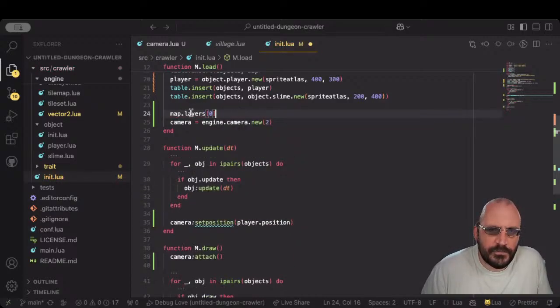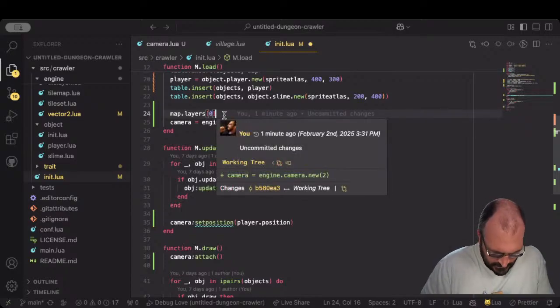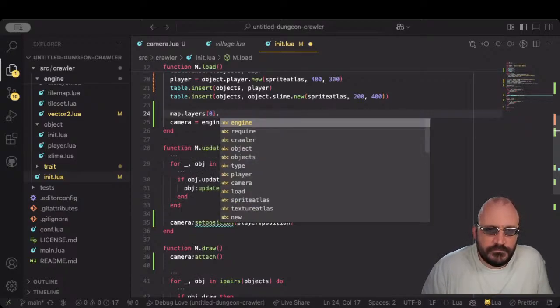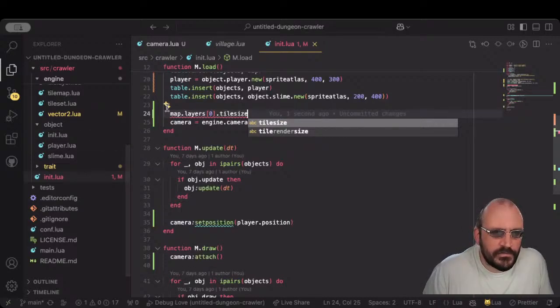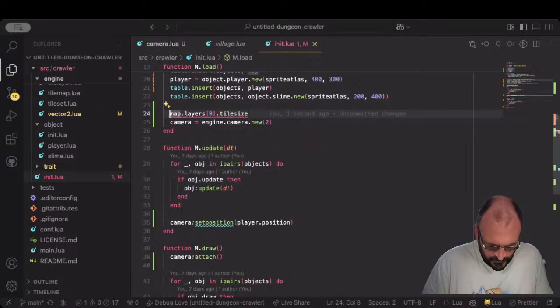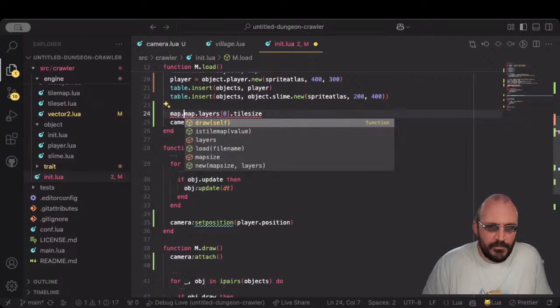The layers should be. So we should be able to go map dot